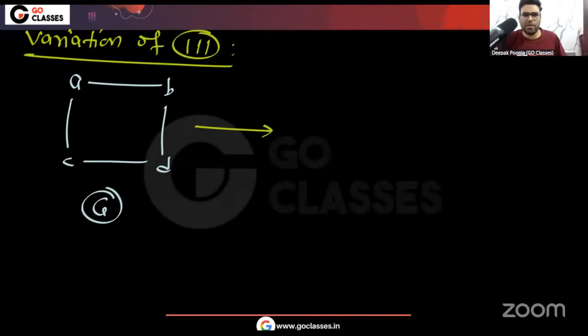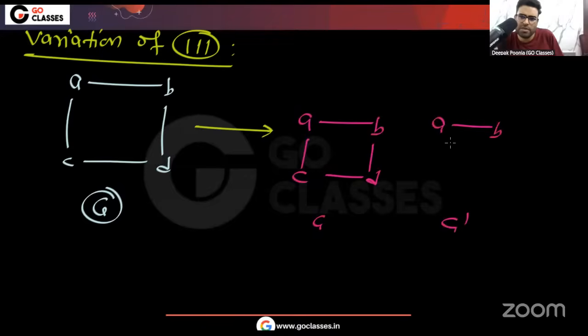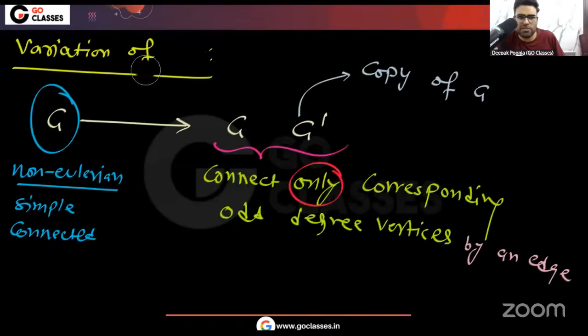So tell me, if I apply this variation of third, then what will I get? I will get this A, B, C, D. This is G, and I will make a copy, A, B, C, D. Okay, I will make this copy. And what will I do? You can see in this variation of third,